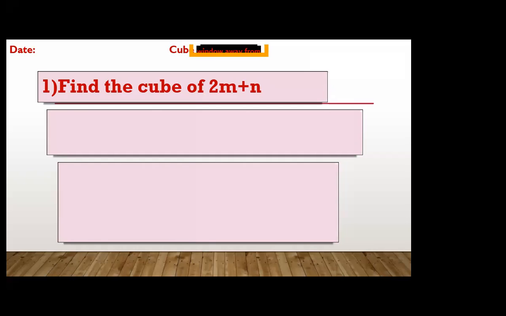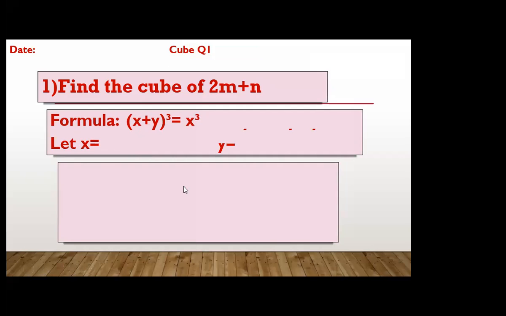Okay. Adan, in how many steps we have to solve this question? Miss, in 3 steps. Very good. What is the first step, Adan? Miss, write down the 2m plus n whole cube equals. Very good. So here, what is the first step? Hania, what is the first step? Step number one, Hania.